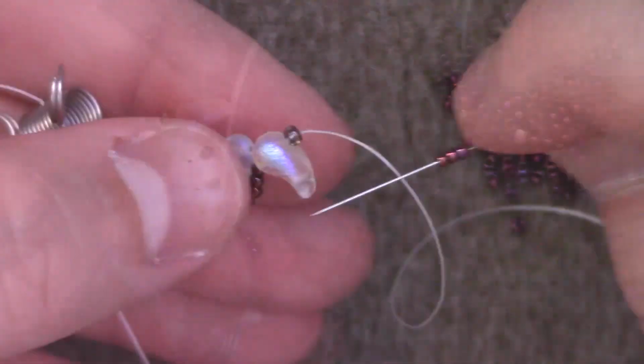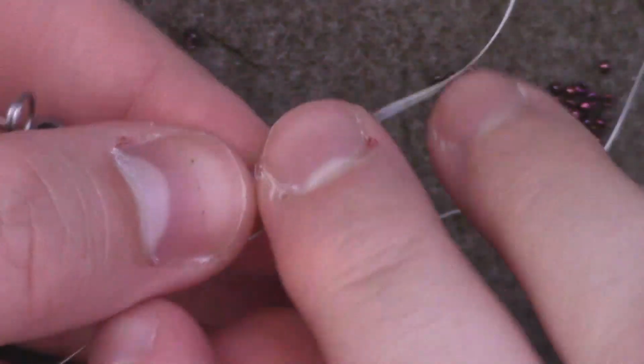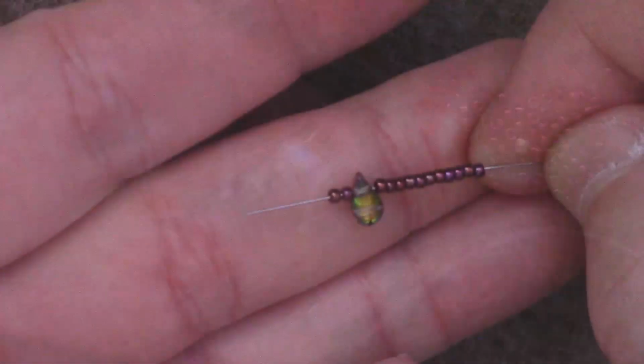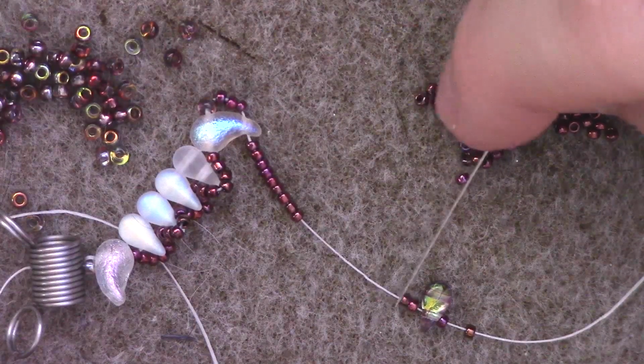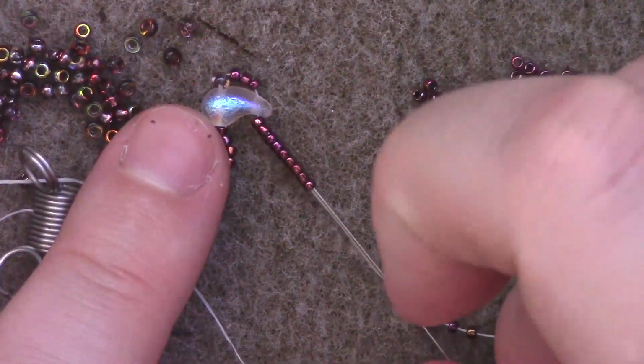at the back. Now we're going to go to the other hole of the Zoliduo, and I'm adding 3 size 15s to move to the next hole. Now I've added 11 size 15s, 1 Dropduo, and 2 size 15s. I'm going to pull that down. I'm going to skip over the first 2 seed beads and pass through every single one of these except for 2